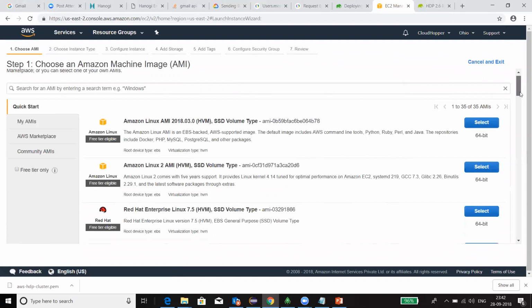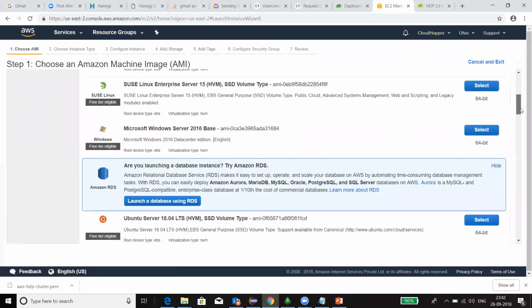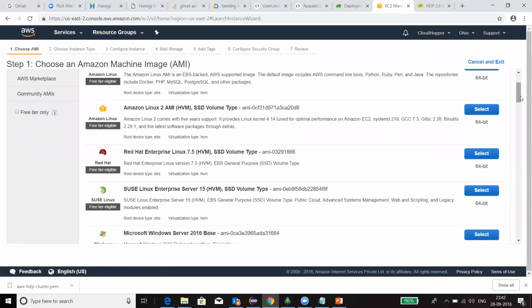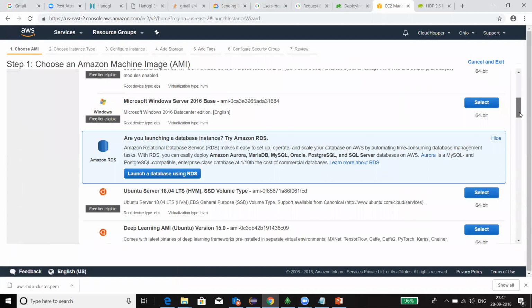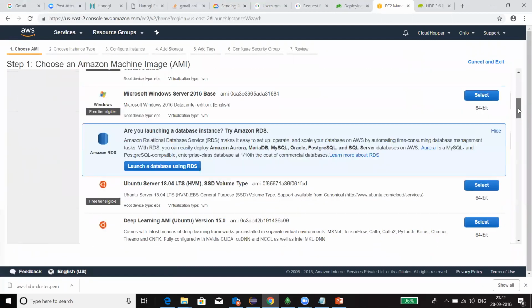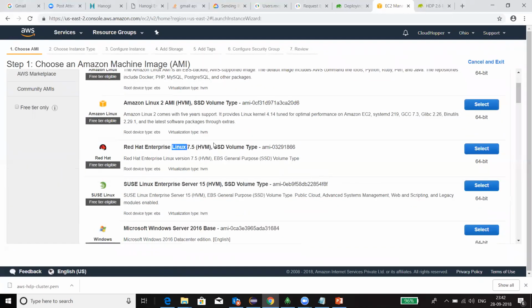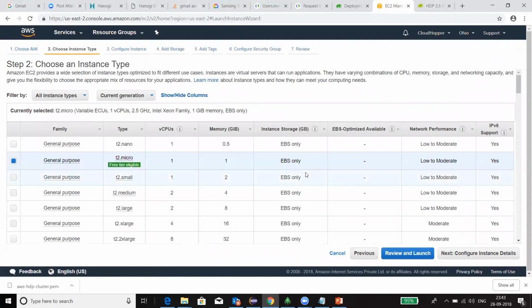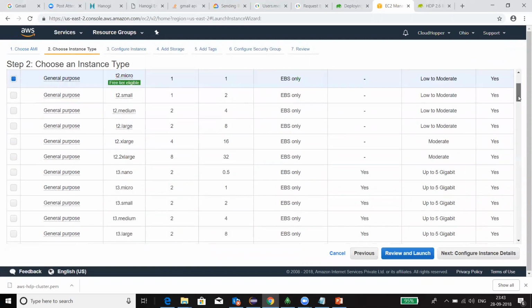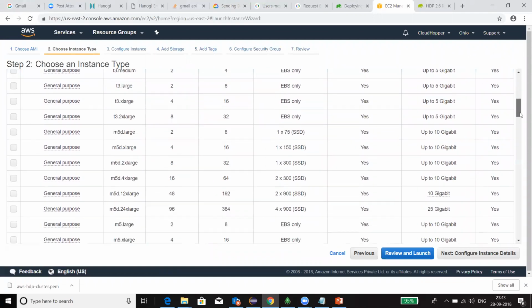Here I'm going to choose one of the operating systems. We can take Red Hat, or we can take Ubuntu or any other operating system. I'm going to take this Red Hat CentOS based operating system, 64-bit. Now I need to choose the size of this instance. So let me choose,